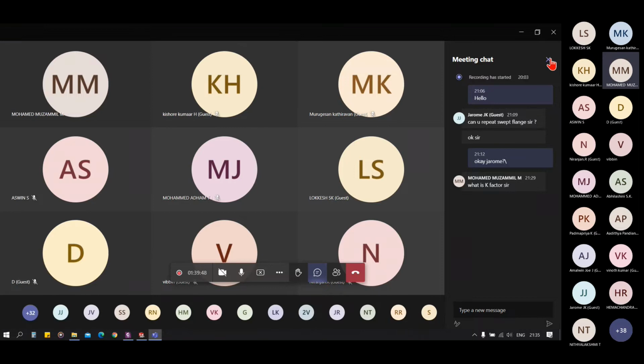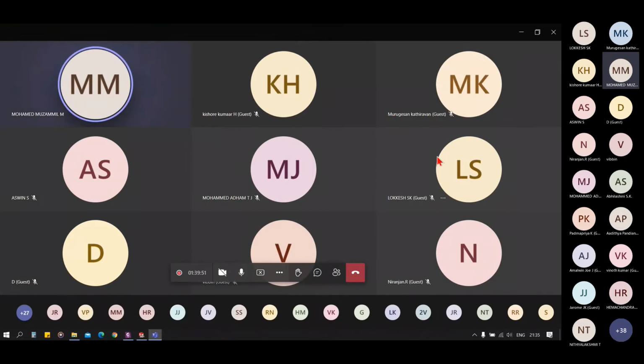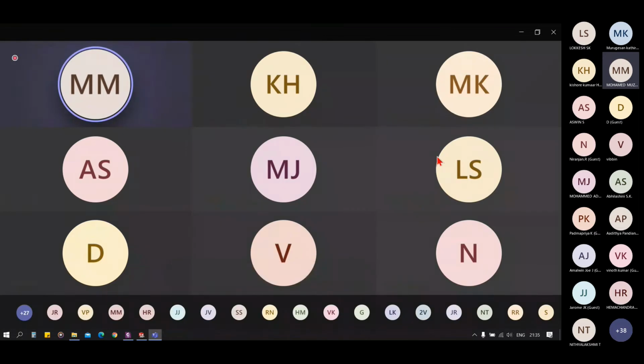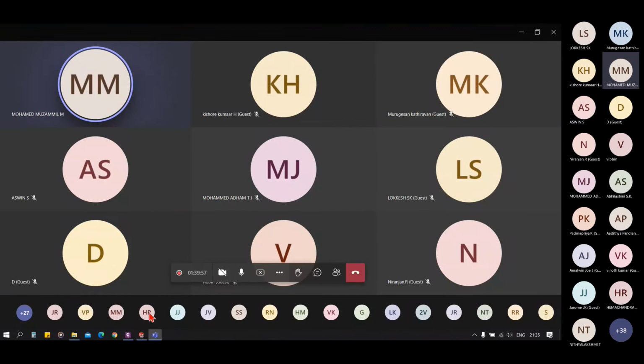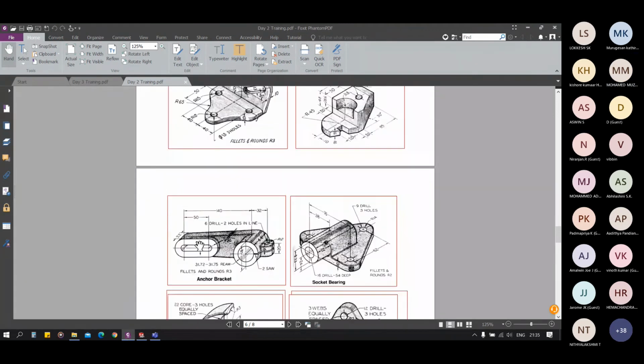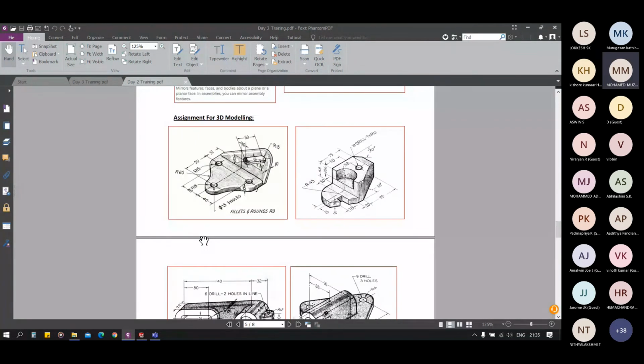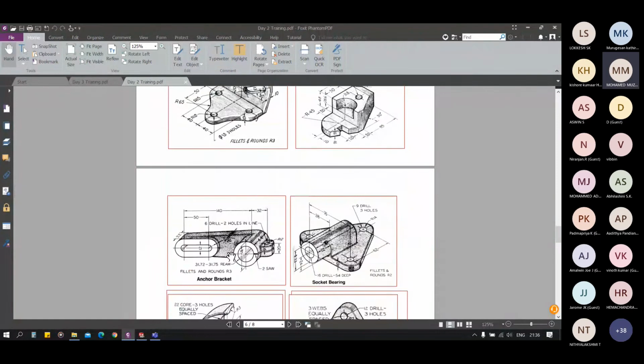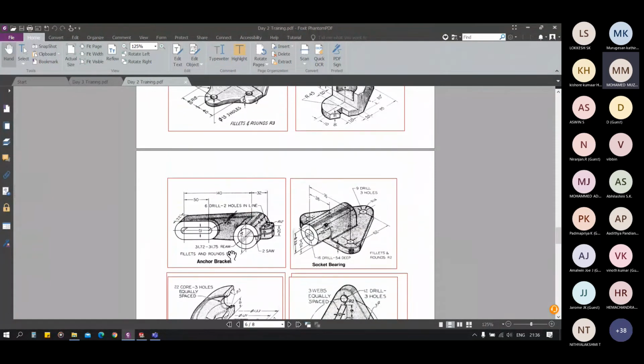Okay, sir, thank you. So can we use the loft function to create a 3D model with a slot and a circle? Slot and circle. I didn't get your point actually. In the third question of the assignment, can we use the loft function, or do we have to use the extrude function?